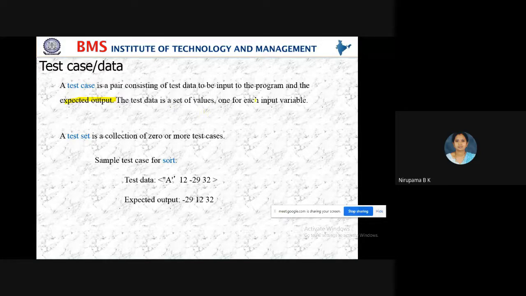So when you write a program, the input is very much important, and the output is also very important. And see here one more example. Here the test data: A is a character, and here the set of numbers.